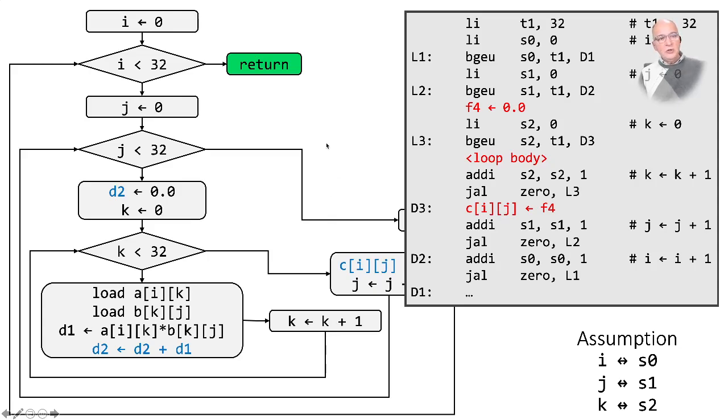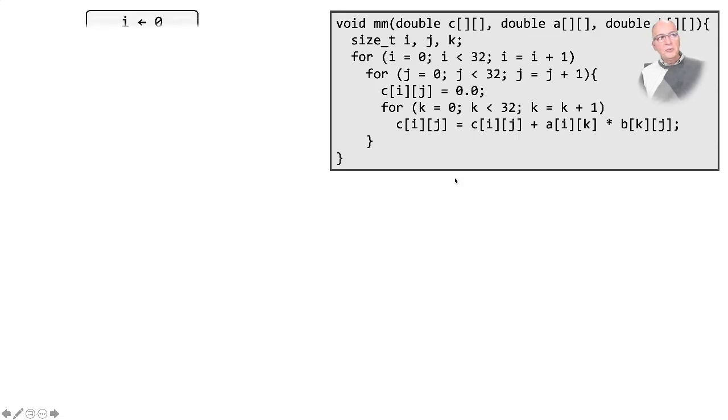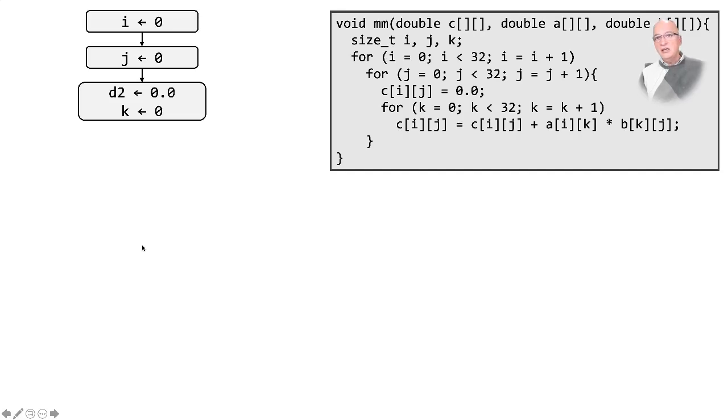However, in this code, we have quite a bit of tests, checks and jumps. So there are 3 jumps here that I need to jump back to the beginning of every loop. We have seen that we can do the check at the end of the loop and save a jump. And in this case, because I know that the size of the matrix is 32, I know that these loops are going to execute multiple times. So I don't need what we call a guard branch to test whether I go into the loop at all. So I can generate better code in this case by simply initializing i, j, k, and D2 to 0